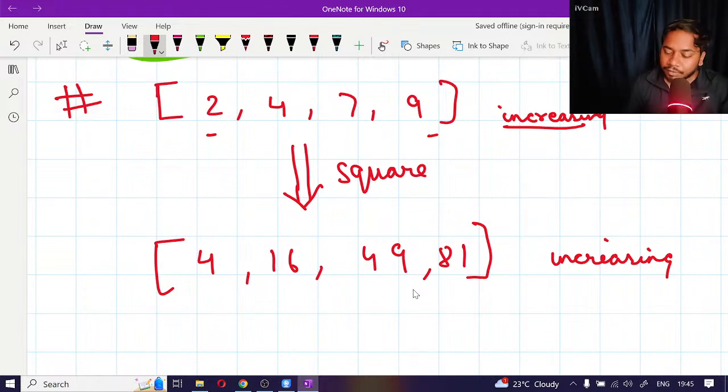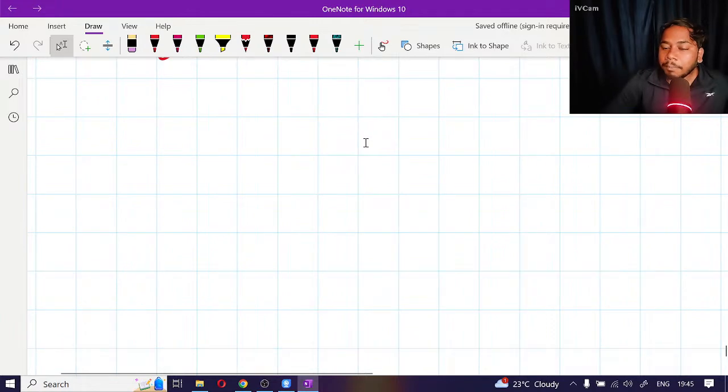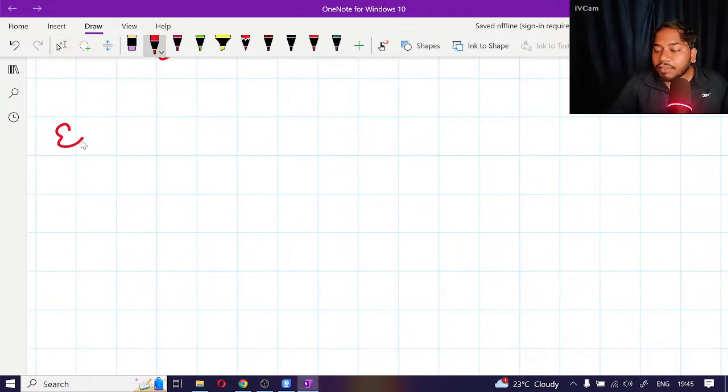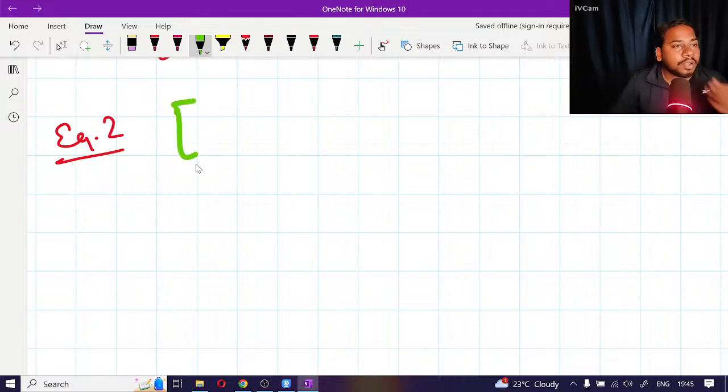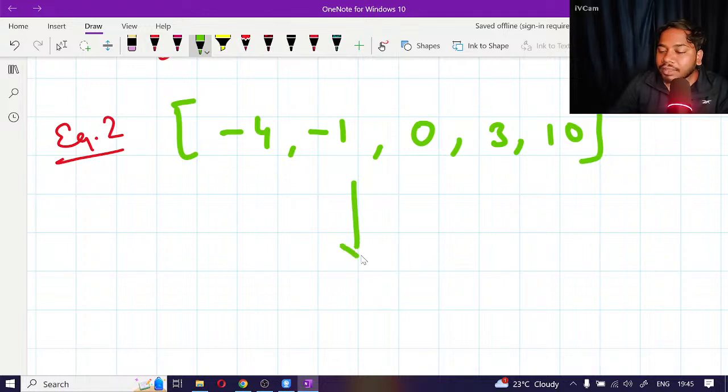Why sir? Why will this not work? This will not work because that number can be negative numbers as well. So let's take one example, minus 4, minus 1, and after that 0, 3, 10. So when we will square these,